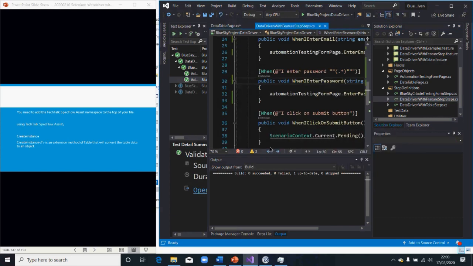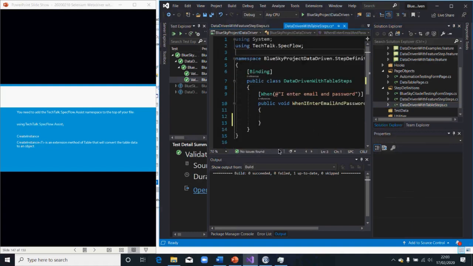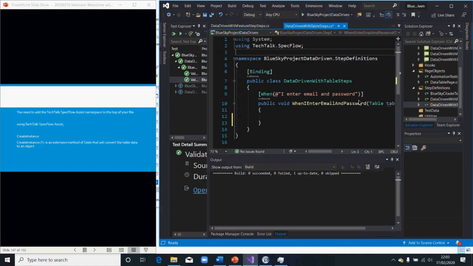Okay, so with table. In our step, the data in the table is coming from our feature file. Like I said, you're going to be using